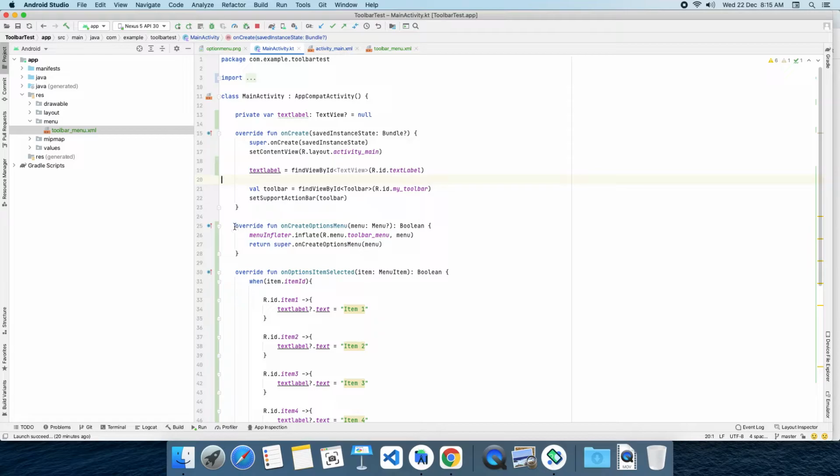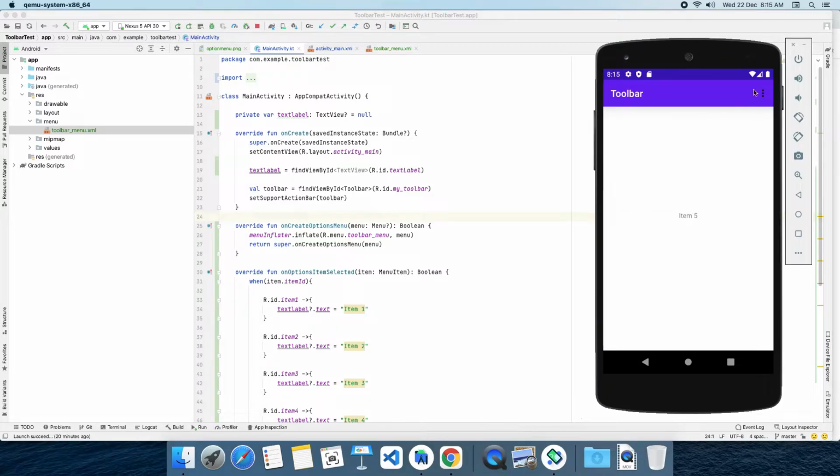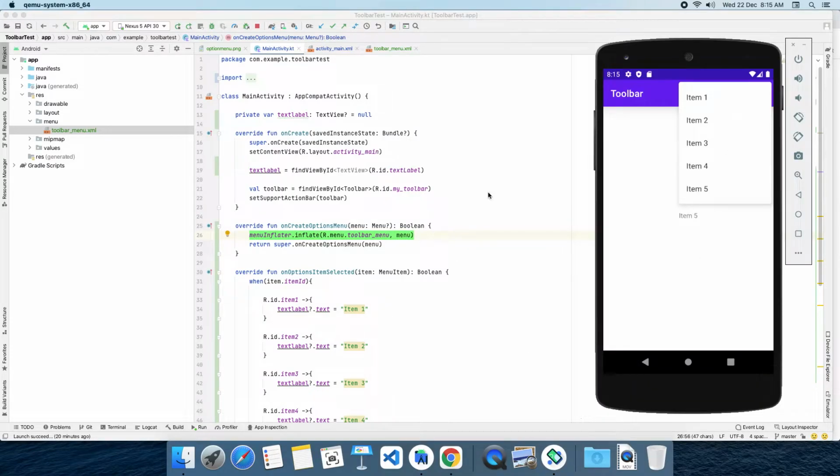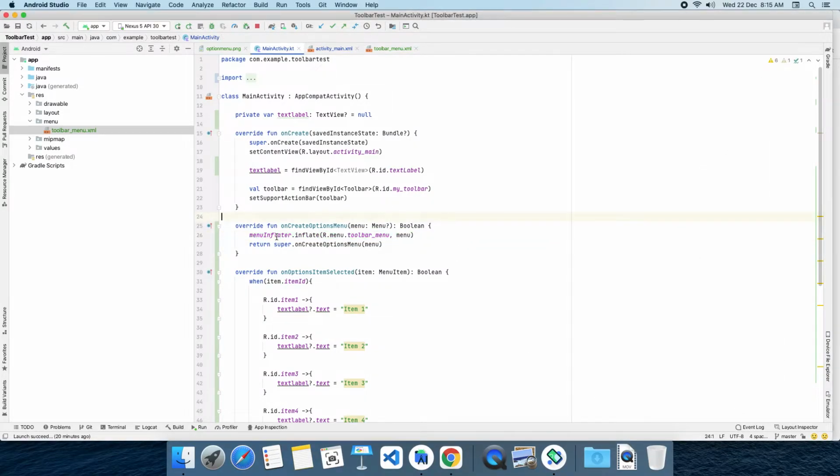Android itself has one function. This is an overridden method. By default, when an Android activity is getting created, at that point of time the Android OS itself will make a call to this function to create a menu for the toolbar. If we have given our menu in this place, it will take up that menu and add it to the toolbar.